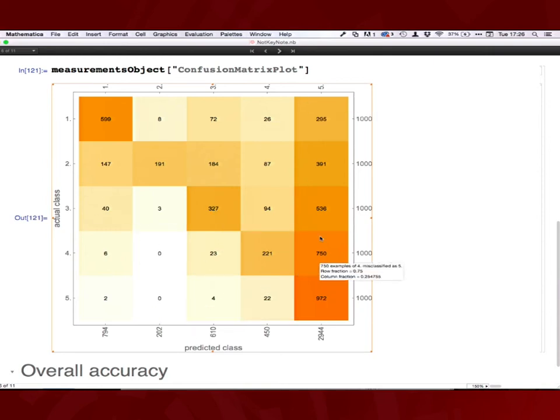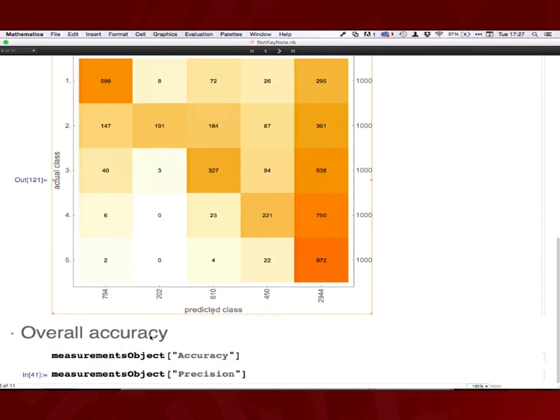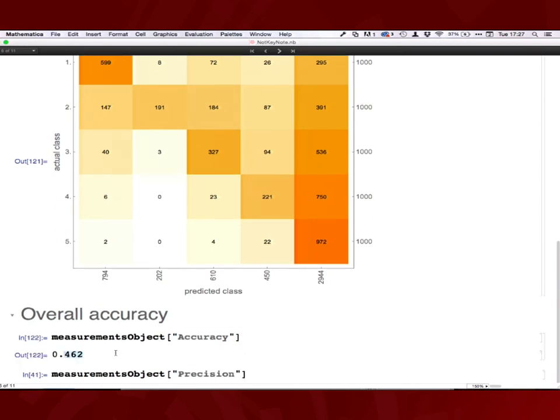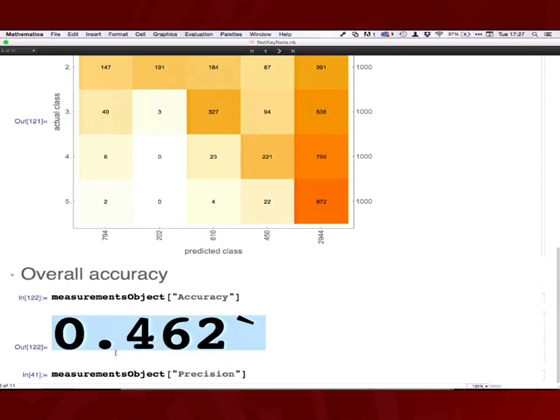So this area is a bit sparse, but what we can see in this vertical column is that there's a lot of misclassification when it comes to 5 stars. And the reason why is because there's such a larger proportion of 5-star ratings in this classifier. So this is something that you need to be aware of. So we can have a look at the accuracy in general. In our measurements object, we can say, what is the accuracy? In this case,